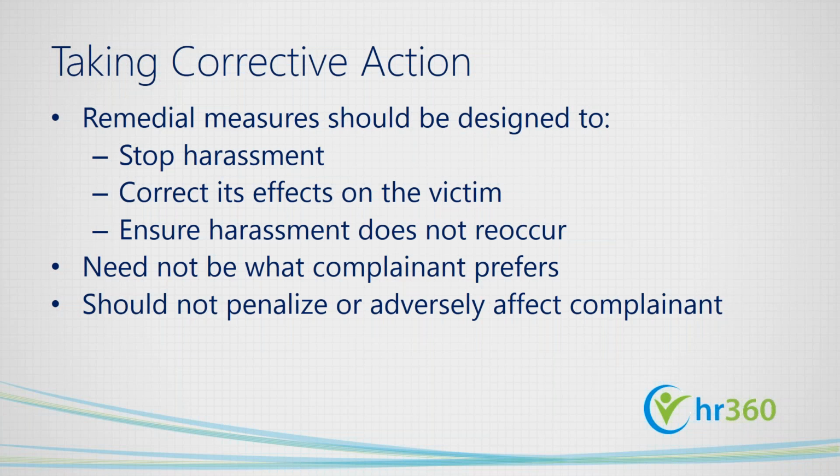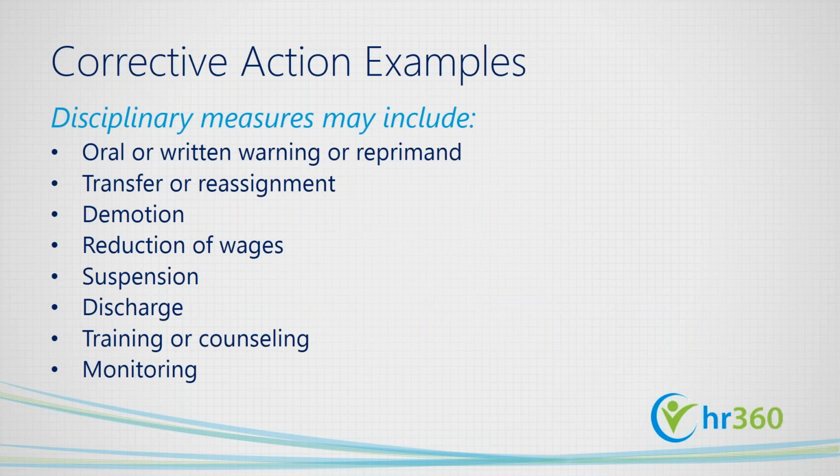So let's go on because we're at the next slide. We're going to talk more about corrective action and examples here. In determining disciplinary measures, it's important to understand that the employer could be found liable if the harassment does not stop. At the same time, overly punitive measures may subject an employer to claims such as wrongful discharge and may simply be inappropriate. Now, to balance these competing concerns, disciplinary measures should be proportional to the seriousness of the offense, right? It makes sense.